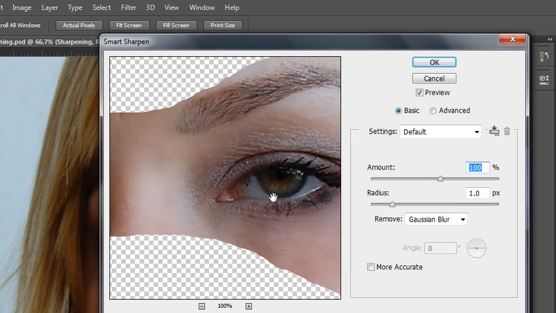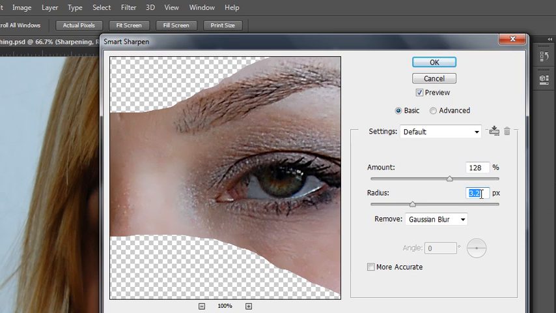And if you want to see the before and after, all you have to do is click on the thumbnail. So let's see what 125% looks like. If you go too far, things can start to look really pixelated and clumpy and unnatural. And if you go too low, things will stay much too blurry and defeats the purpose of smart sharpening. So again, I said somewhere between 100 and 125 is usually good. I usually will start putting my cursor inside of there and nudge it down until I feel like that's a good amount of sharpening. You can set the radius anywhere between 1 and 3, and that should improve the quality